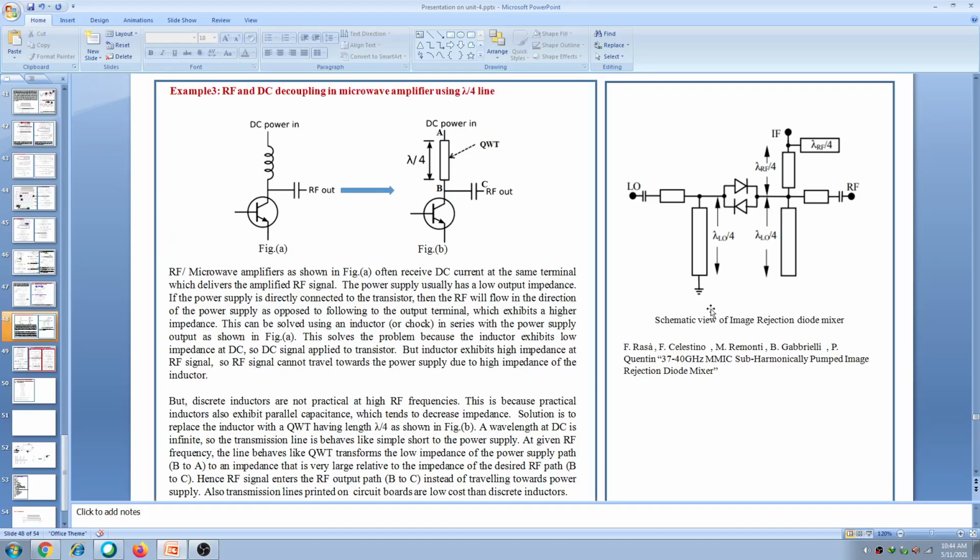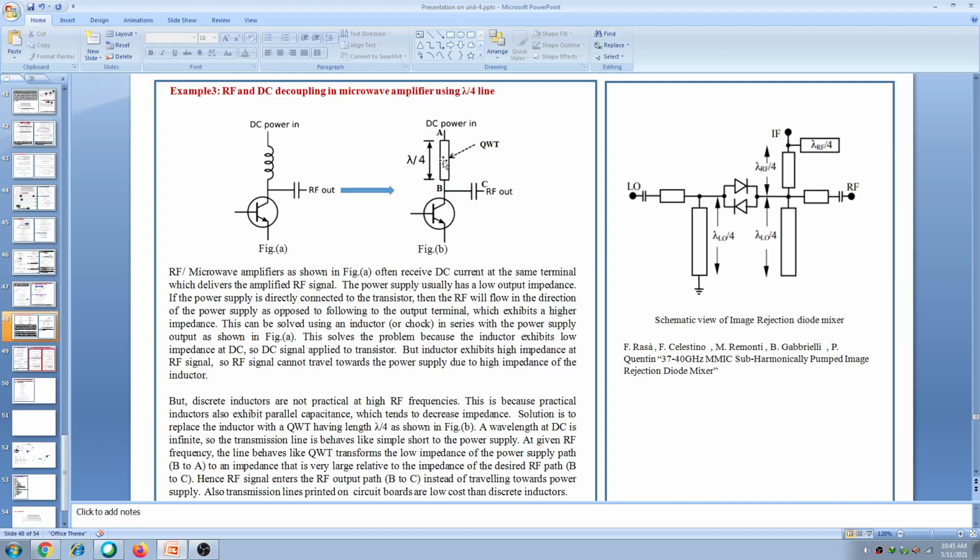This is one more example I have written here, a circuit. This is actually the mixer circuit. In the mixer circuit you can see, at RF frequency, it has so many transmission lines. You see, this is a transmission line, this is also a transmission line, this also, and also this and this, they are used as circuit elements in the design of high frequency circuits. This is a mixer, there are so many transmission lines for different applications, different purposes. Lambda by 4 line, this is also lambda by 4, this is lambda by 4. As we know, lambda by 4 is used for impedance matching.